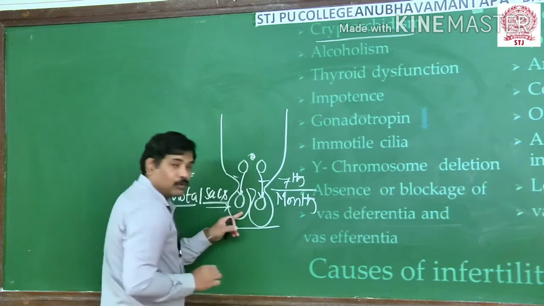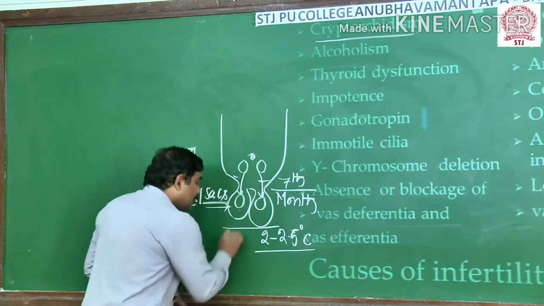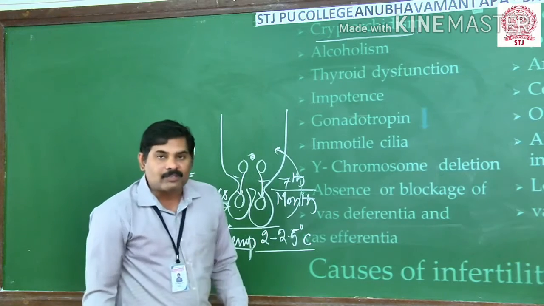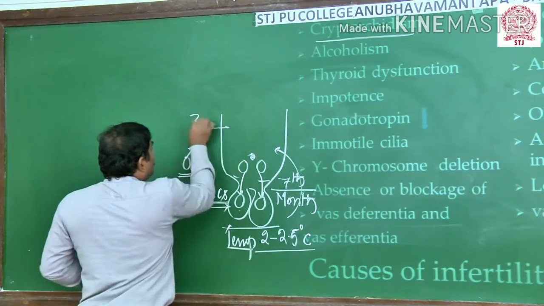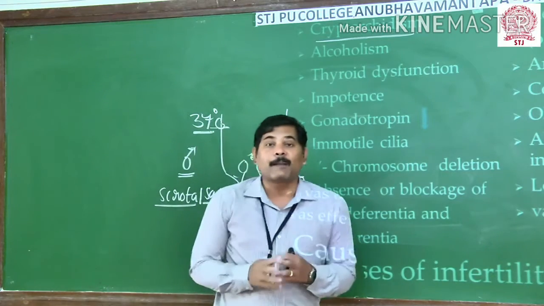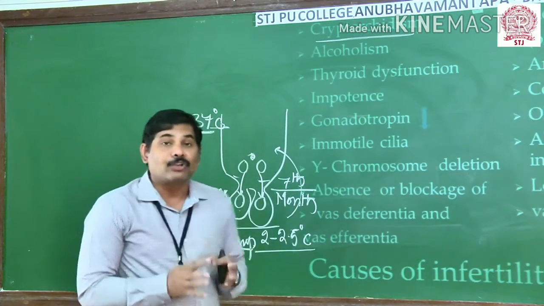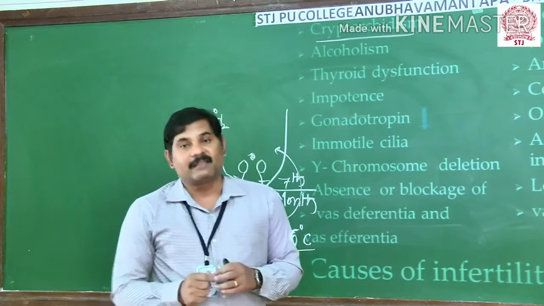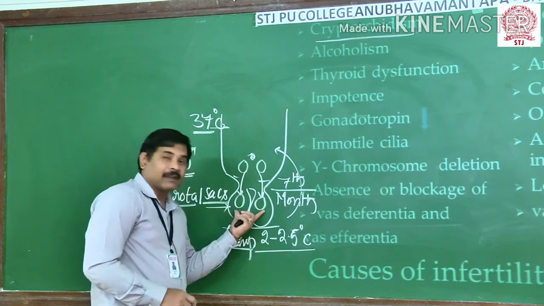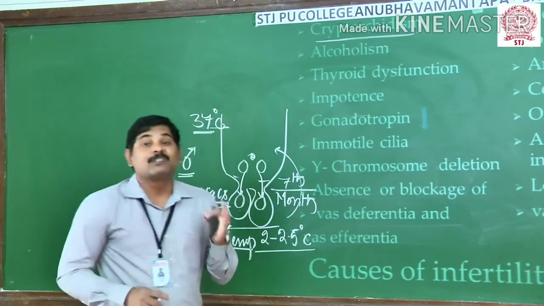In the two scrotal sacs, a temperature about 2 to 2.5 degrees centigrade lower is maintained when compared with the body temperature. The body temperature of the male is always 37 degrees centigrade, as we are all warm-blooded, homeothermic animals. Since the testicles are suspended, they maintain a low temperature, and this condition is comfortable for spermatogenesis.